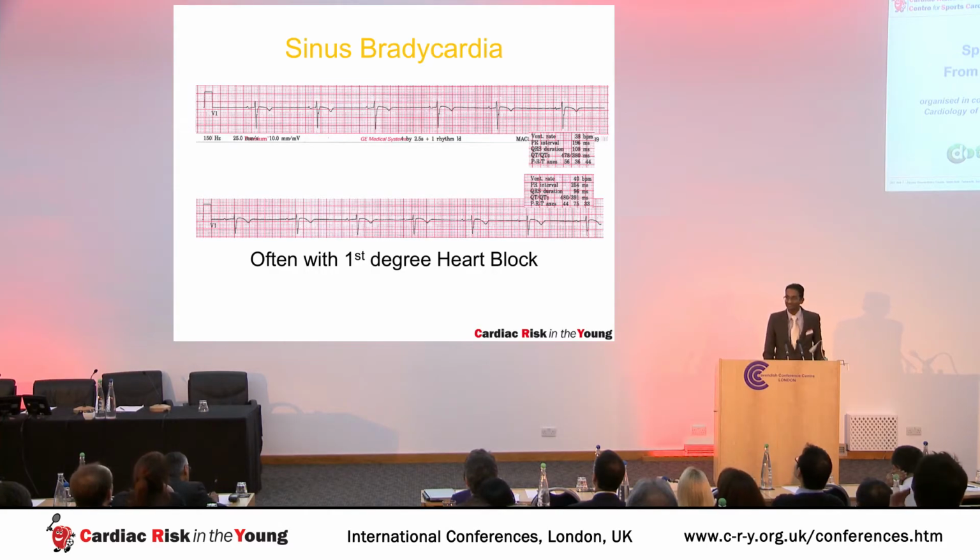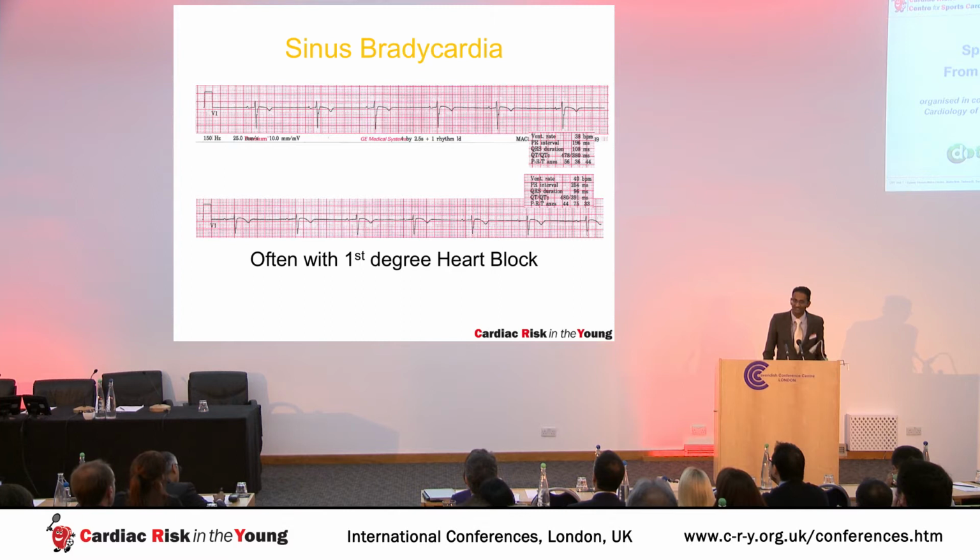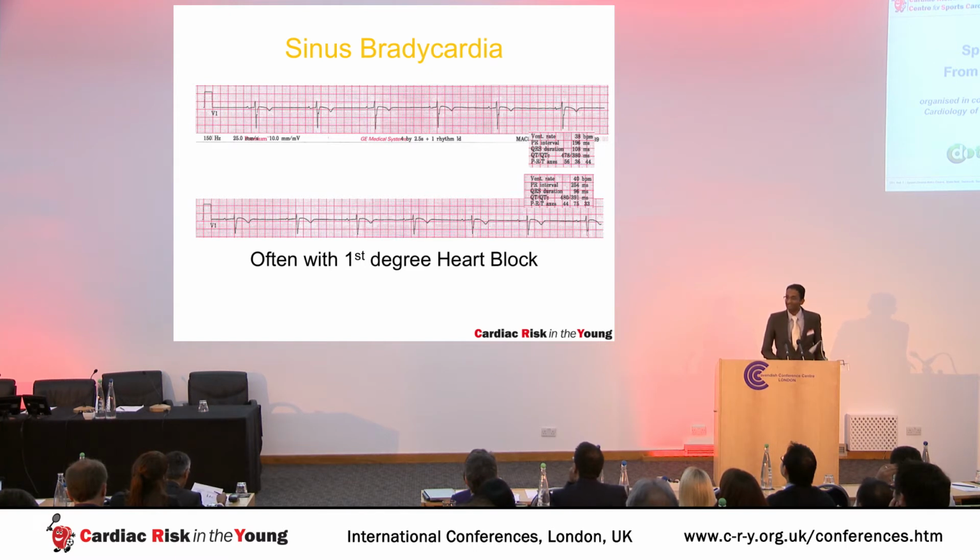I'm sure you've all seen examples of sinus bradycardia or first-degree heart block. These are changes that have been listed in the ESC consensus statement as being so-called group 1 changes, common and training related. Both of these rhythm strips are from elite endurance cyclists, with the top one showing a heart rate of 38 and the bottom with a heart rate of 40. Often the two things coexist. These abnormalities on their own require no further evaluation except in the context of symptoms, obviously.